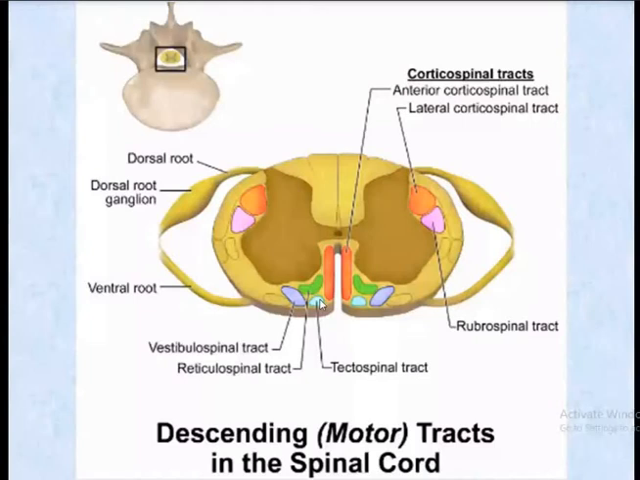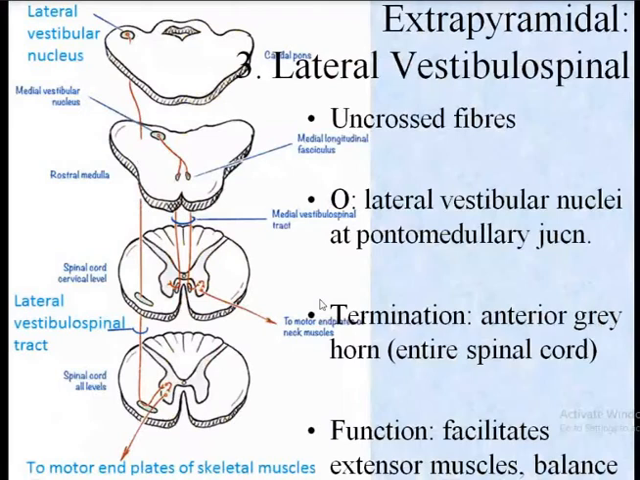The next extrapyramidal system is the lateral vestibulospinal tract. Looking at this diagram, we can see the lateral vestibular nucleus, which is present within the pontomedullary junction, or at the terminal end of the pons. The lateral and medial vestibular nuclei are present here. So the lateral vestibulospinal tract begins from the lateral vestibular nucleus, and here we can see the fibers descend